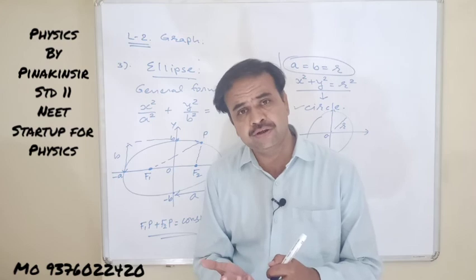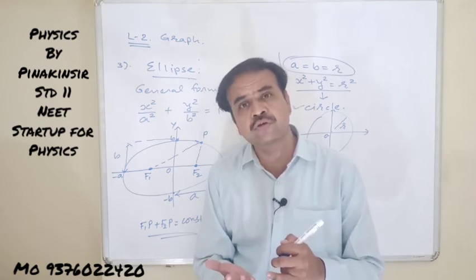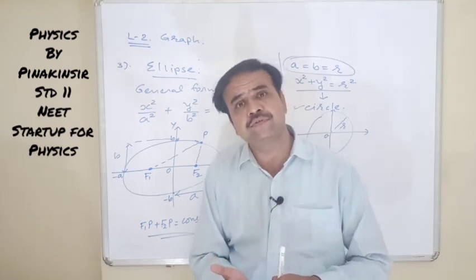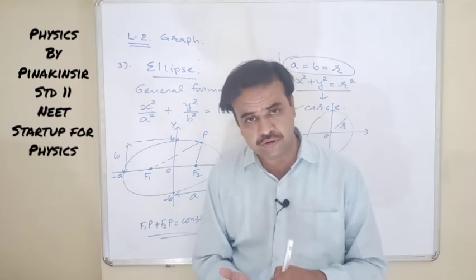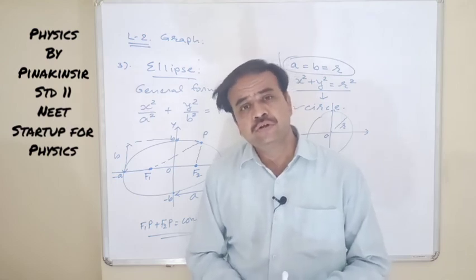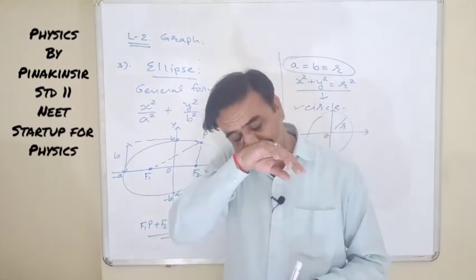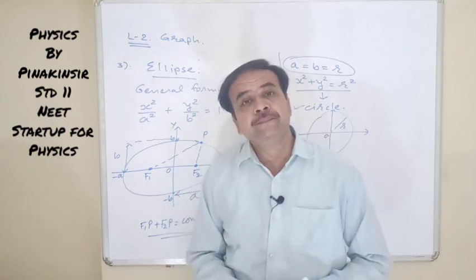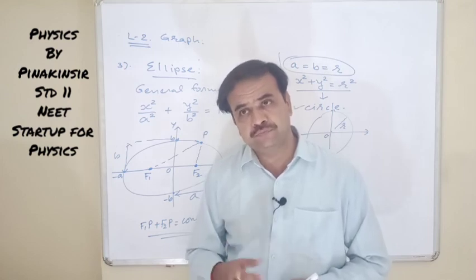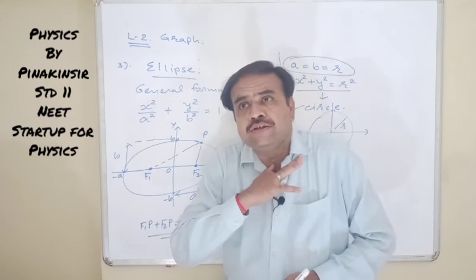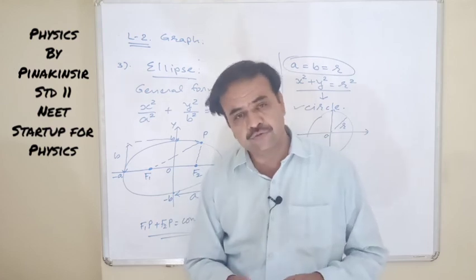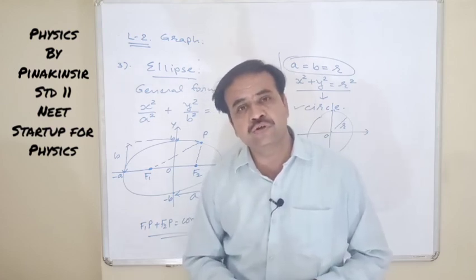Nature of mathematical expression, that is linear or non-linear. From that we should identify the nature of the graph, that is a straight line or a curve, and if a curve, whether it is a parabola, hyperbola, ellipse or a circle. That's all. Only 4 types of natures are there through which we will be dealing. In the next lesson we are going to study some algebra, or we can start trigonometry, which is most useful. Trigonometry you must have learned in 10th standard, but here we are going to learn something more.